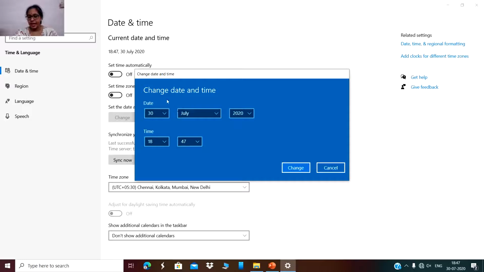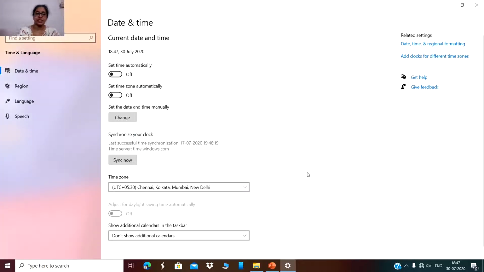Change date and time section. This displays the change date and time box. Choose the desired settings for date and time and then click on the change button to confirm the changes.